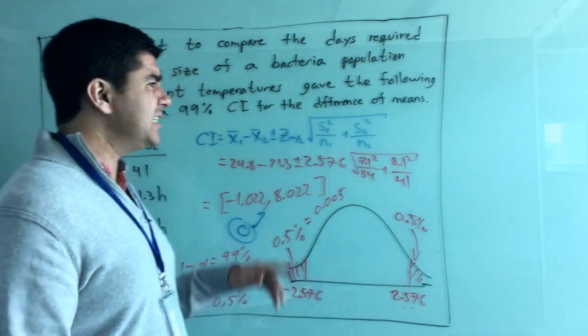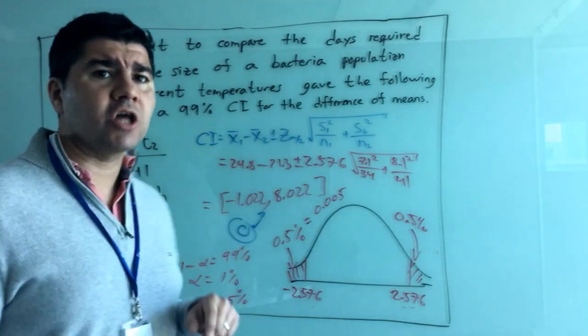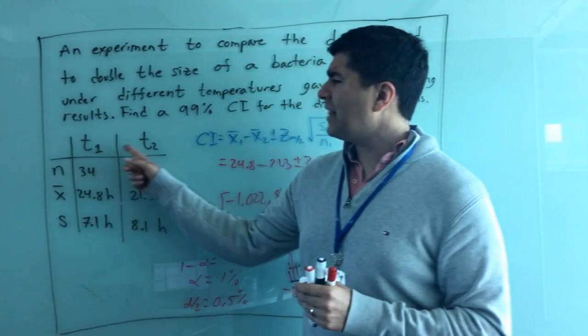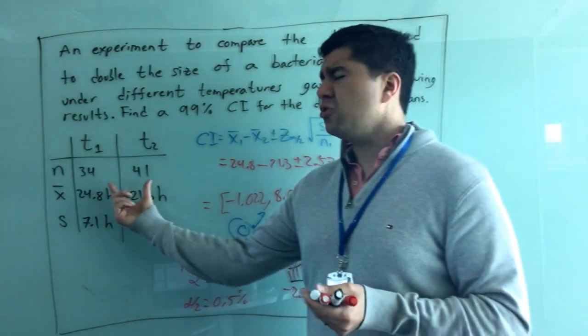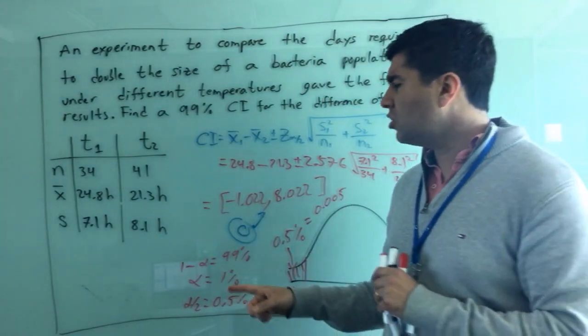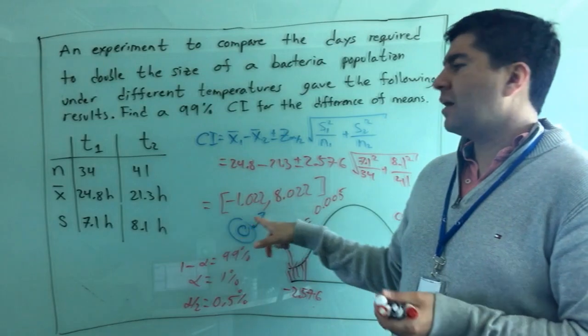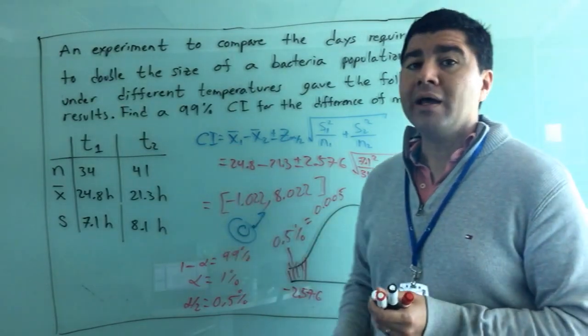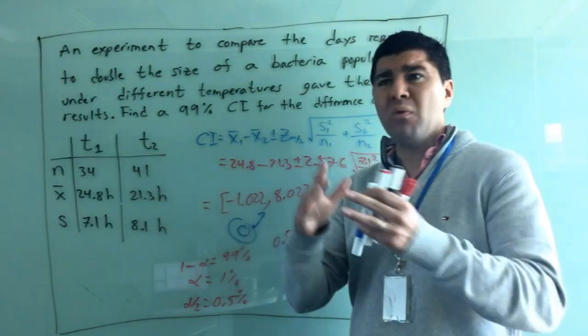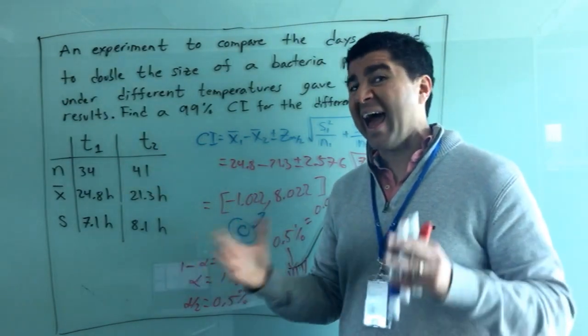Here, a possible question is, which one do we consider as the first population and which as the second? Doing that is not really important. If you just change the order of the operations, the only thing that is going to change is the sign. It's going to result in a positive 1 and a negative 8. You can try it to see how we can do it with different possible allocations of the populations. At the end,